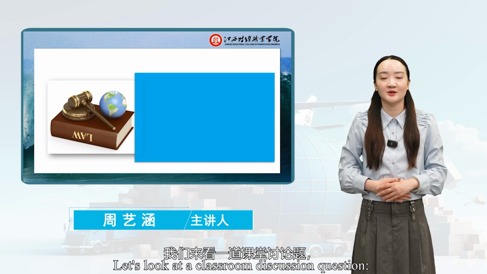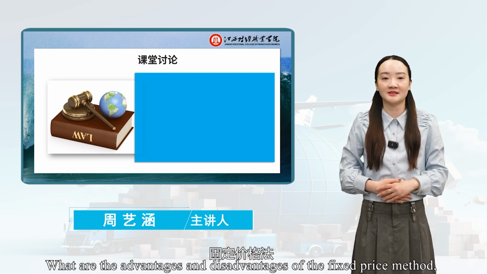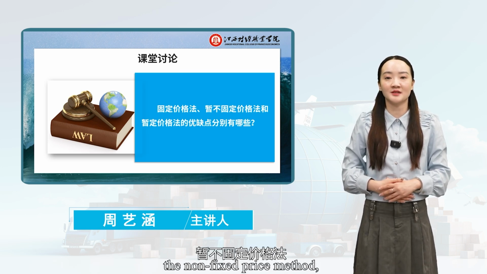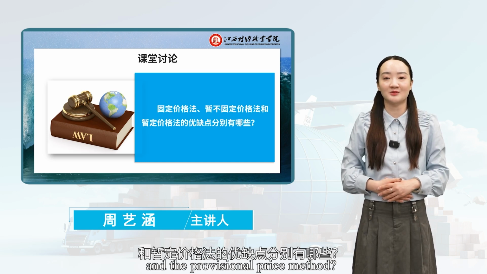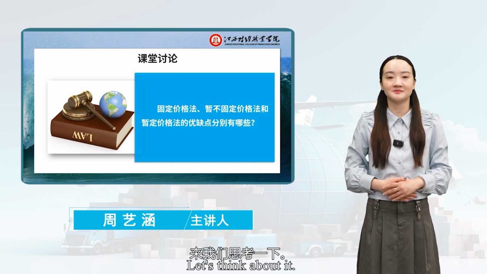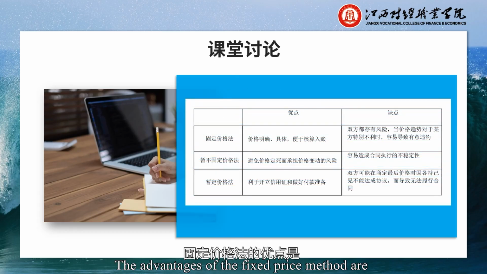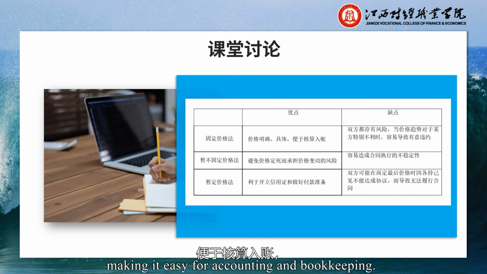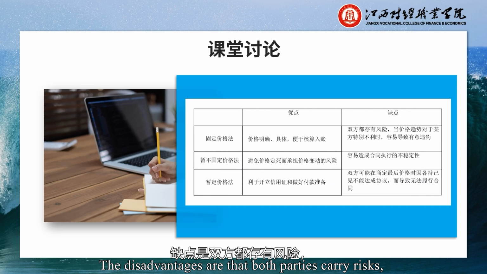Let's look at a classroom discussion question. What are the advantages and disadvantages of the fixed price method, the non-fixed price method and the provisional price method? Let's think about it. The advantages of the fixed price method are that the price is clear and specific, making it easy for accounting and bookkeeping. The disadvantages are that both parties carry